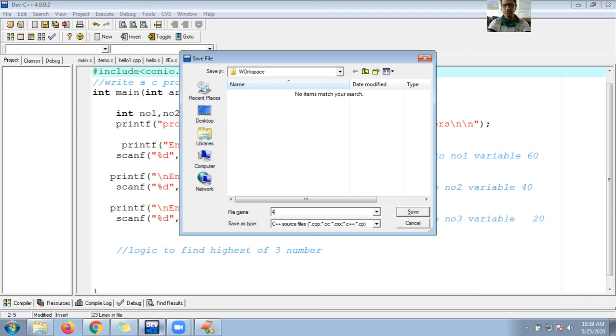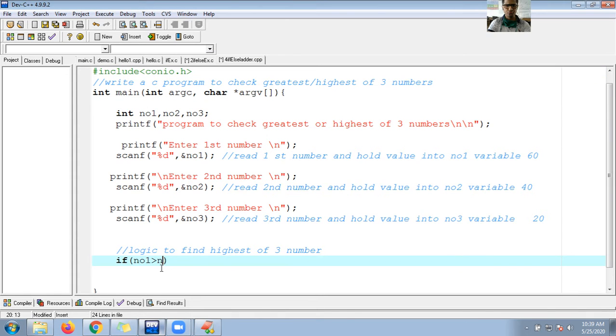So what is the ladder, guys? Here, first of all, let us write the logic. If, simply you can check number 1 is greater than number 2, and I'm writing the logic here, guys. So number 1 is also greater than number 3, then only let me write the syntax printf.